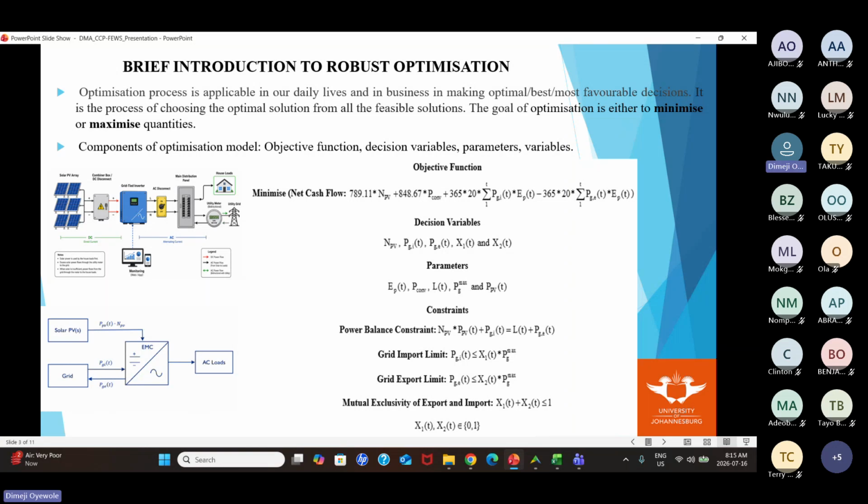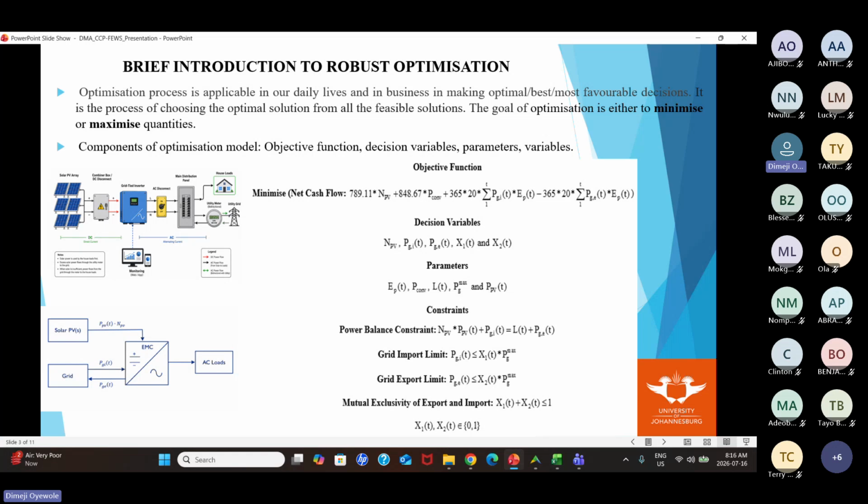This is not optimal based on this, based on this, based on this, right? So this optimization helps you to make an optimal decision. It's not like you're going to have your cake and eat it, with all the benefits, right? But it helps you to get the best choice out of all the options that you have.